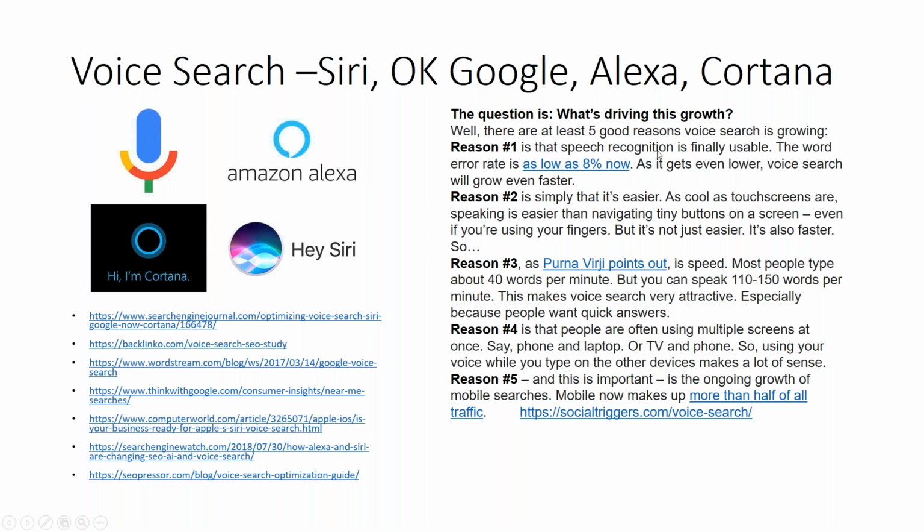On the right here, we have reasons why voice is getting better. The voice recognition software is getting better. People can speak faster than they can type. They may not have their hands free. So we really